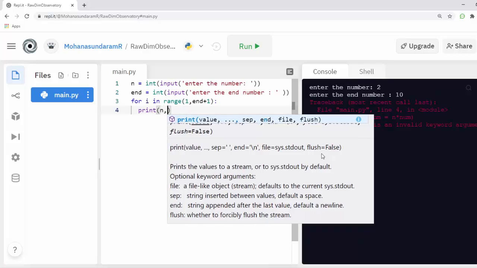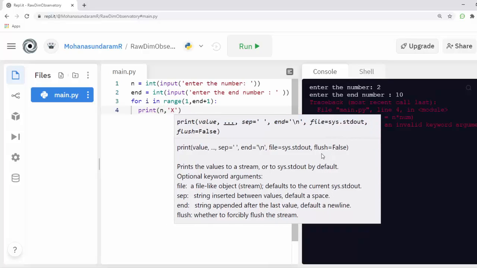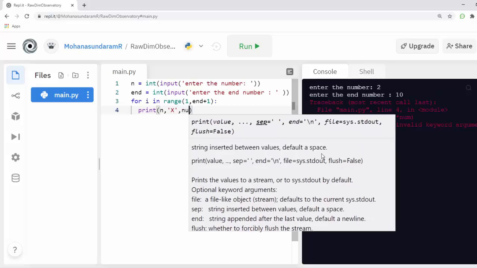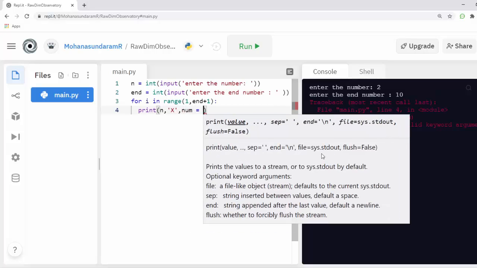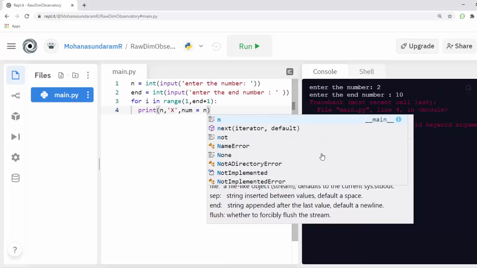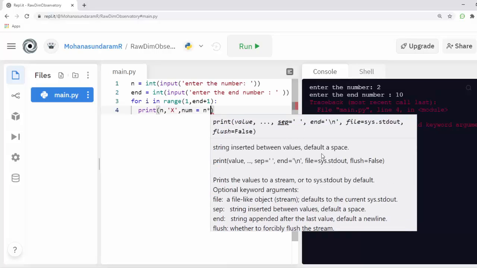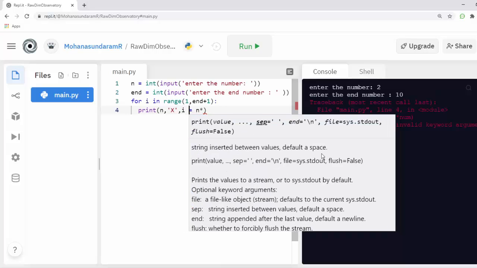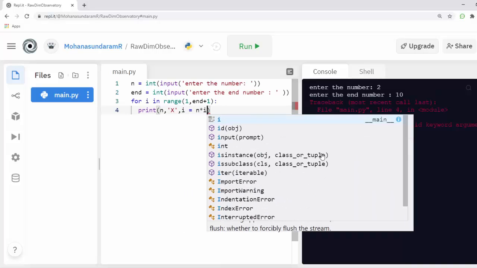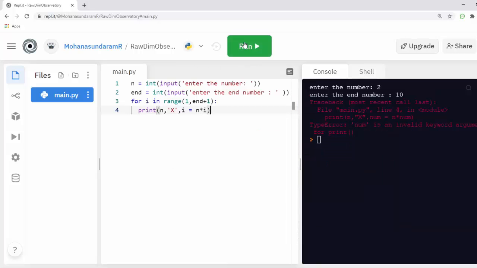n, x, num equal to n star, sorry, it's not num, it's i, n star i. If I run it, I'm going to get the table of 2 till 10.